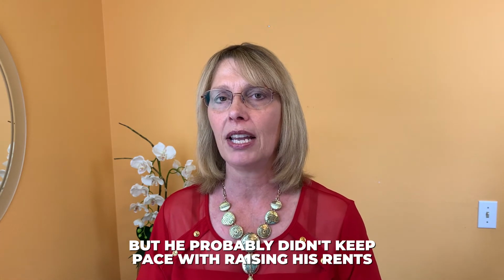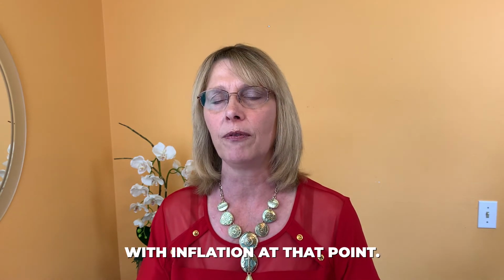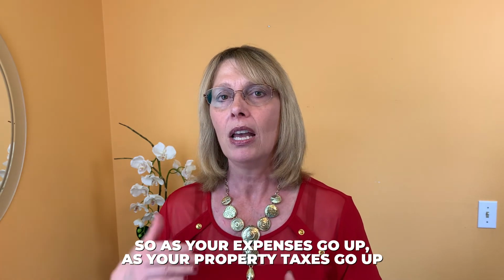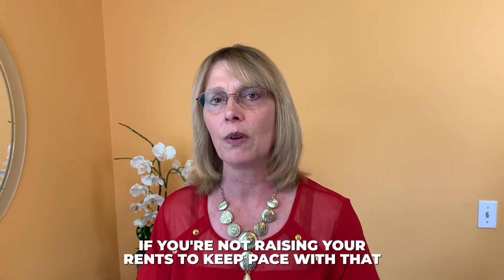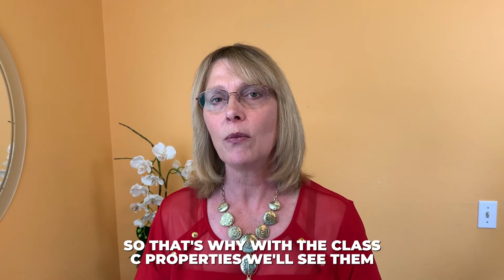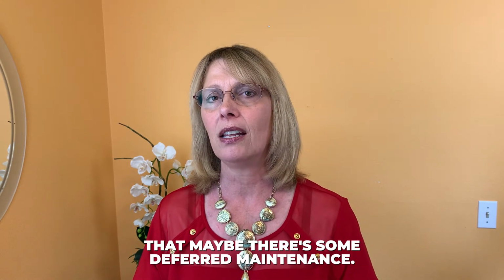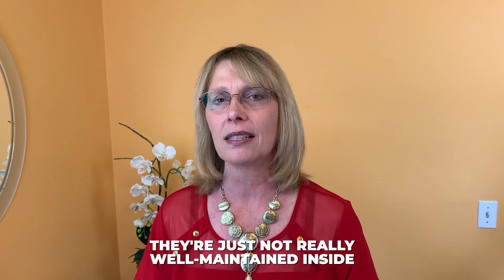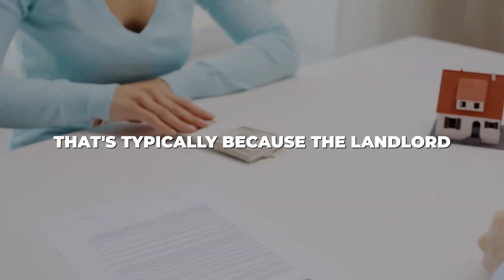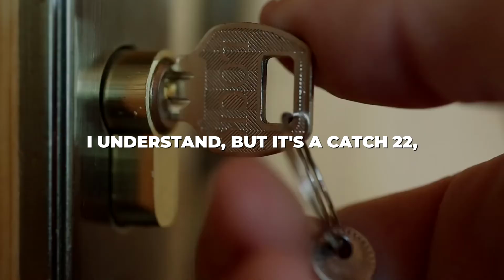with raising his rents. And that's also a little bit of a detriment because you're not keeping pace with inflation at that point. So as your expenses go up, as your property taxes go up, if you're not raising your rents to keep pace with that, it's hard to continue to make improvements to your property. So that's why with the Class C properties, we'll see that maybe there's some deferred maintenance, they're just not really well maintained inside, or they haven't been remodeled and renovated substantially inside. That's typically because the landlord didn't want to raise the rent on the tenants, which I get, I understand, but